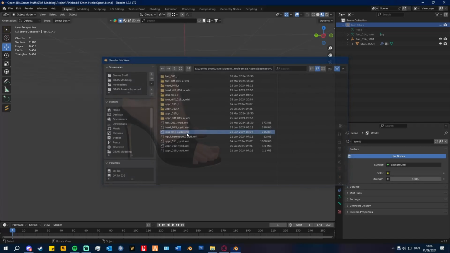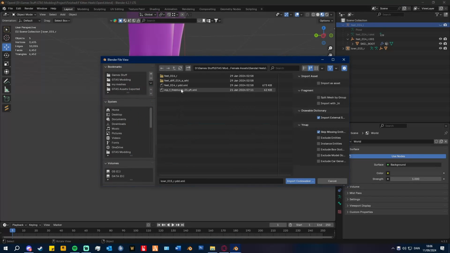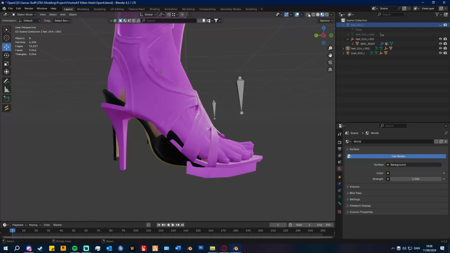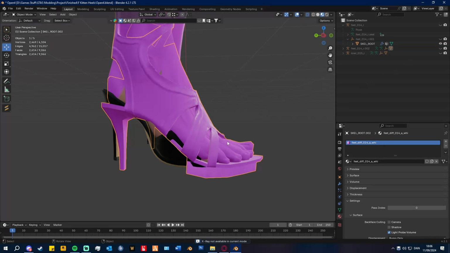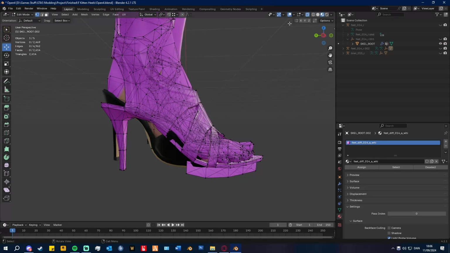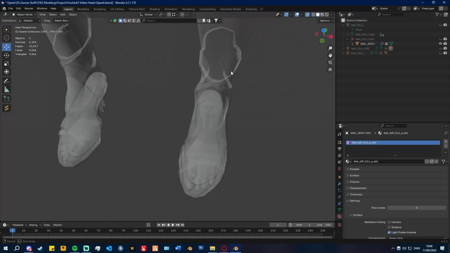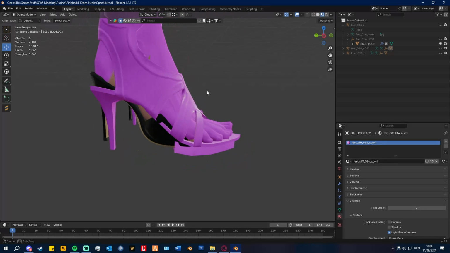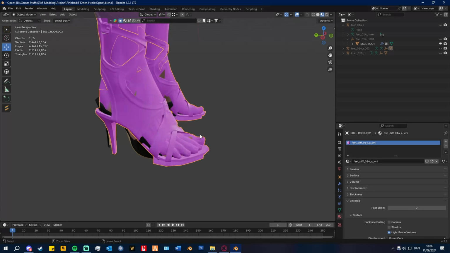I'm also going to import the same shoes that we had in the other video, which are the sandal heels I use for these, to show. Okay, so it's pretty obvious here. If we put on X-ray mode, maybe it's a little bit easier to see. No, that doesn't work. Guess I have to go edit mode for that? No. Sorry, you can't really X-ray something like that. This is hard to show. Anyway, you can kind of see here how this pair of shoes is way more